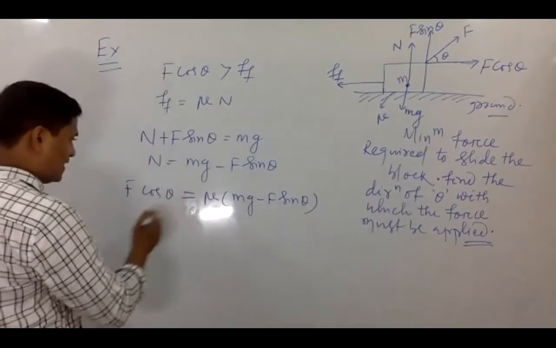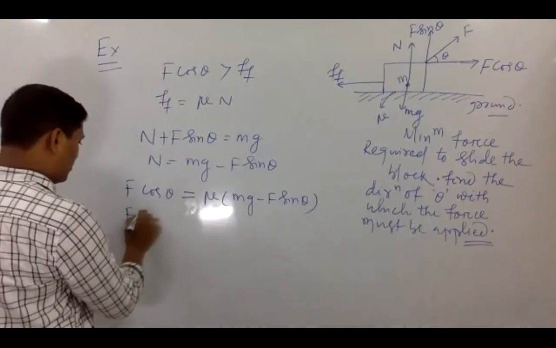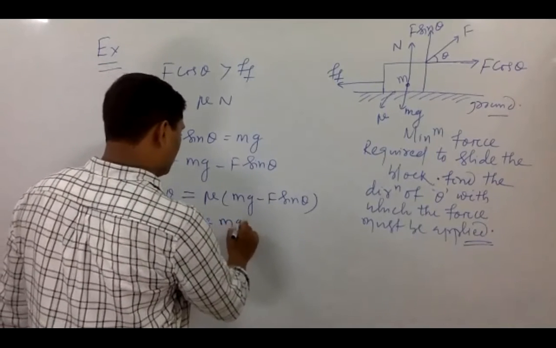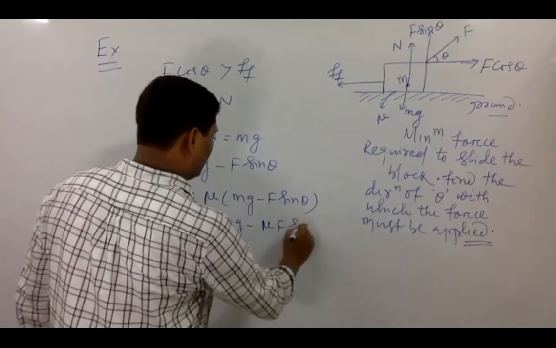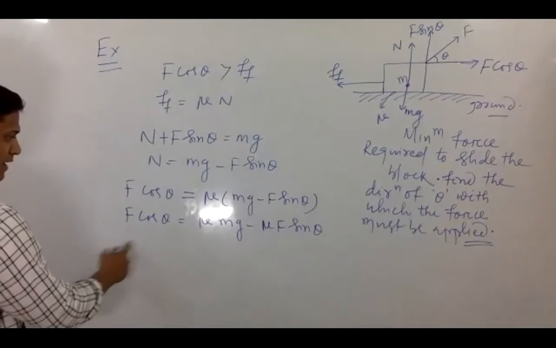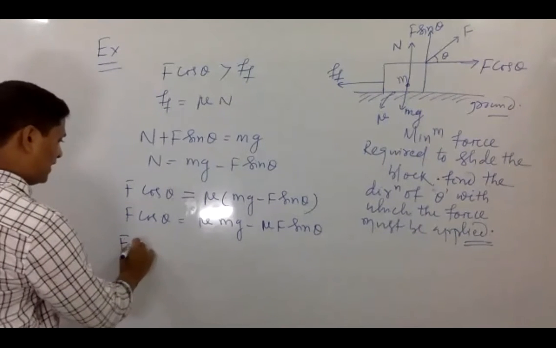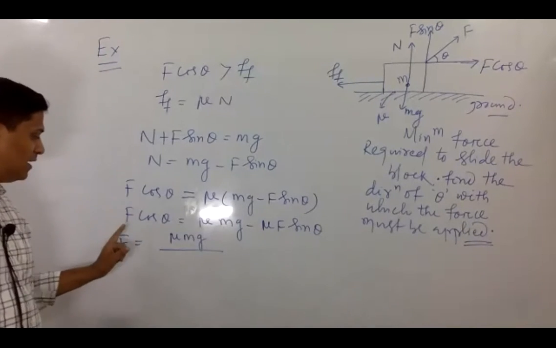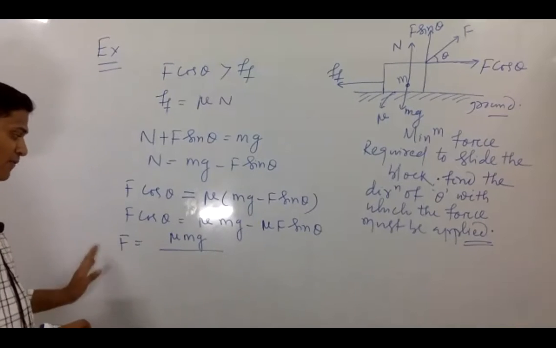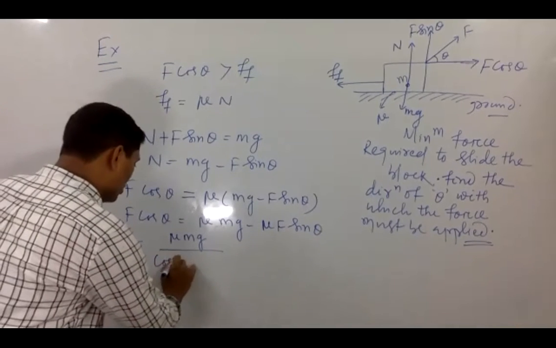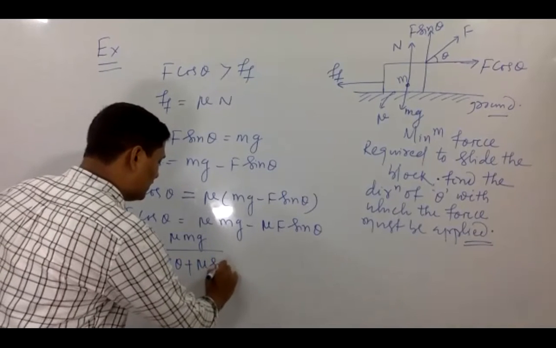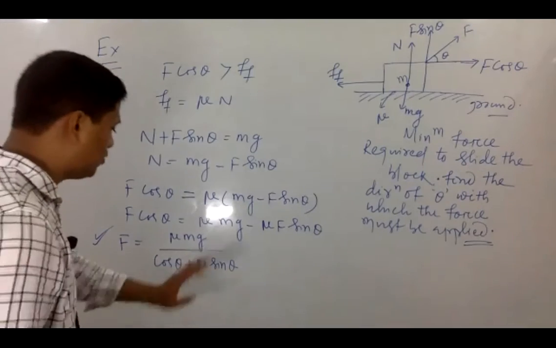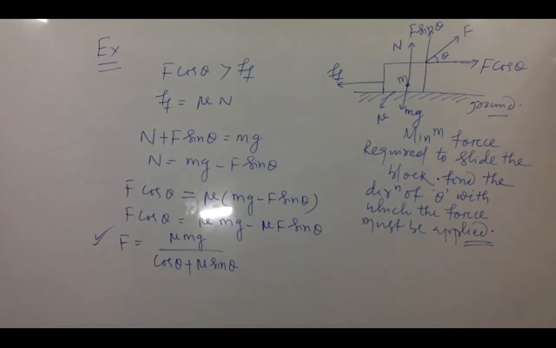See here, students, by taking F to one side, F cos theta is equal to mu mg minus mu F sin theta, correct? So bringing F common, if I find F, that will be equal to mu mg divided by, mu F sin theta I brought to this side, so it becomes F cos theta plus mu F sin theta. I took F common, so in the denominator it is going to be cos theta plus mu sin theta, right? So this is the force. If it is asking what the force is, F is equal to mu mg by cos theta plus mu sin theta, you can put in the values and find F.